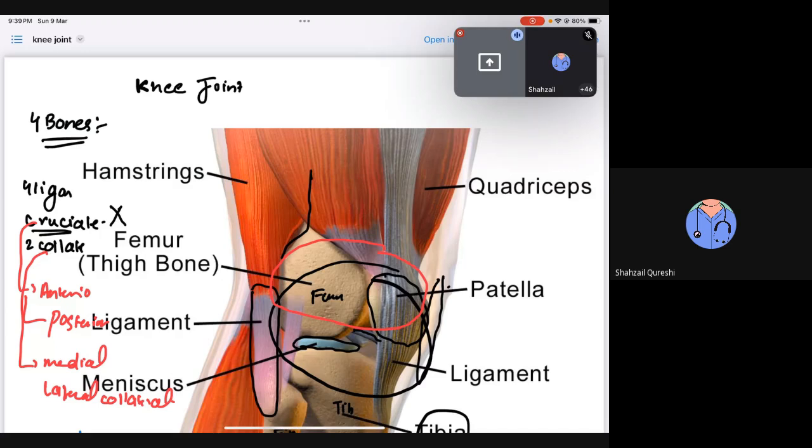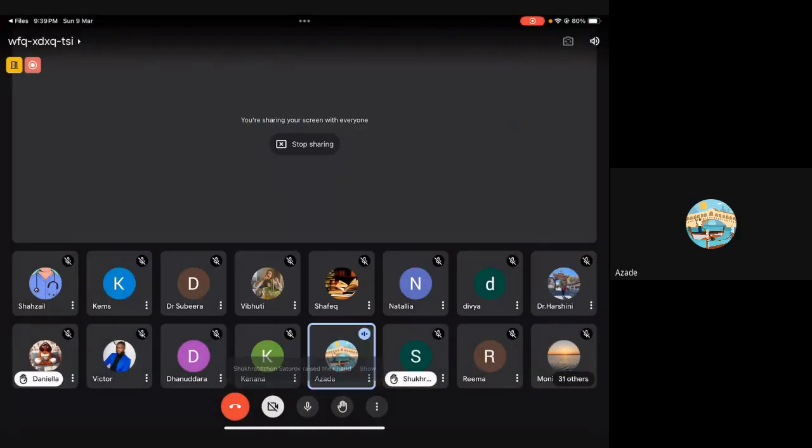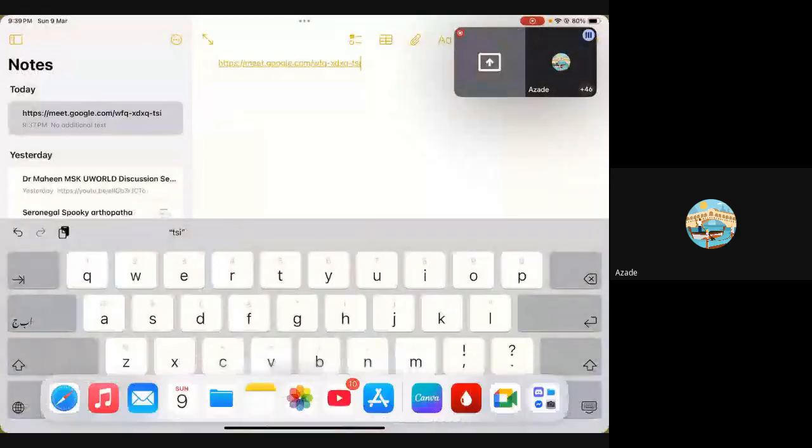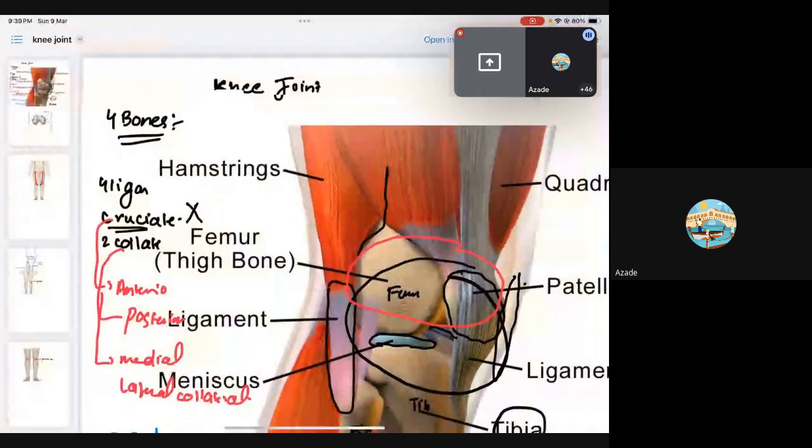So the first topic which we discussed was our knee, if you guys remember. Can you please tell me, we have four bones which are basically making your knee. Anyone who can just please turn on their mic and tell us something about the knee joint? Yes, the knee joint is composed of four bones: femur, tibia,